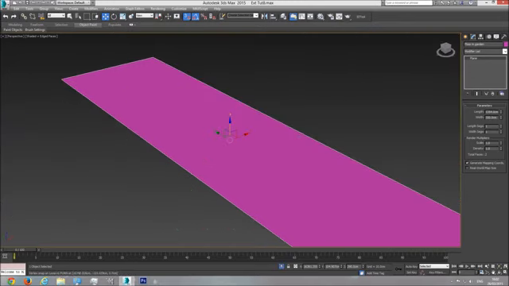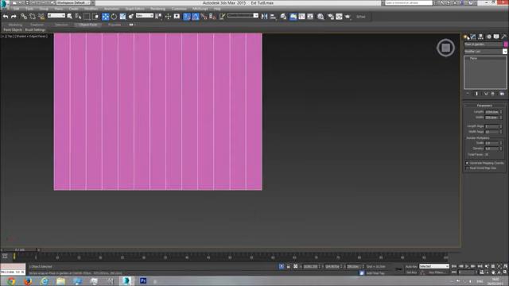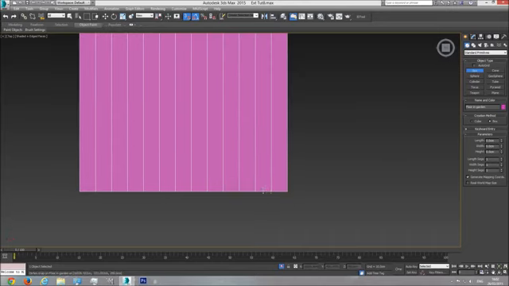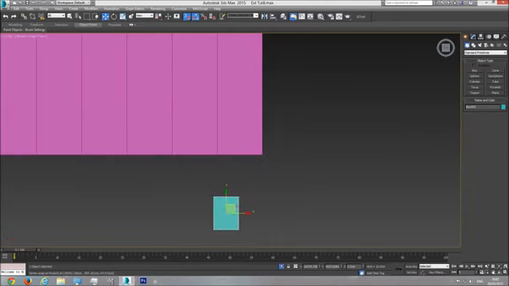And let's isolate it, only this one. I'm going to go to the top viewport and assign width segments to it, like so. Now let's see, each plank of wood needs to be something like, I don't know, maybe 15 centimeters, let's say 15. So you need to ask the architect about these measurements, but I'm going to guess 15. So I'm going to create a box of 15, like so. Place on the y and x axis this point here while the snap toggle is on,